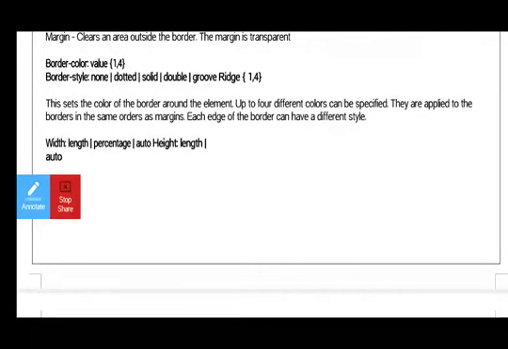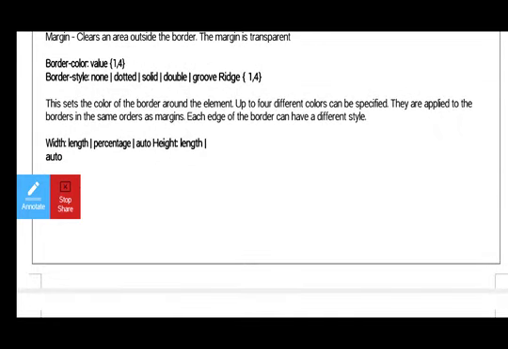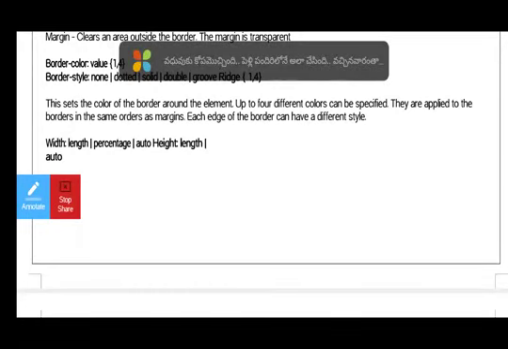Whenever we use the color value, 1 to 4, this sets the color of the border around the element. Up to 4 different colors can be specified.